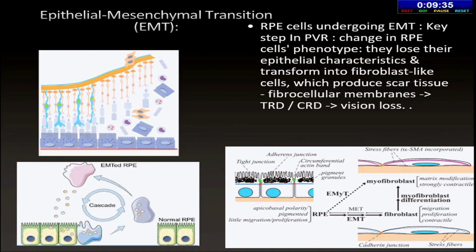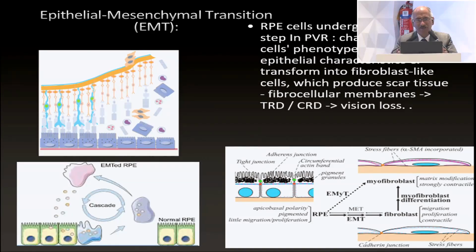So when the RPE cells are released, when the retina breaks open and the RPE cells move into the subretinal space, then through the break onto the vitreous and over the retinal surface. But as they move, they lose their polarity as seen over here. There are changes within the cell also occurring, and it's more like a rudderless ship, and it just settles where it goes and bangs. Now, if a critical number of these cells have settled at a given place or over various surfaces, because of all the chemicals involved, they undergo transformation into myofibroblasts. So they lay down scar tissue and they contract. So this results in a pull on the retina, resulting in